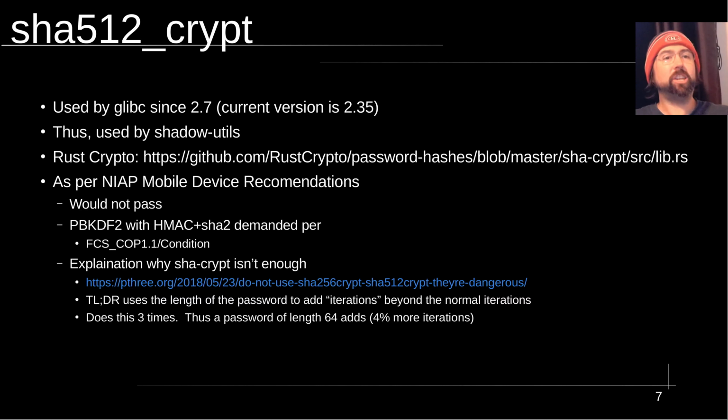However, we have additional iterations on top of that based on the length of the password. That means that if you have a long password of, say, 64 characters, you would actually be doing at least 4% more hashing